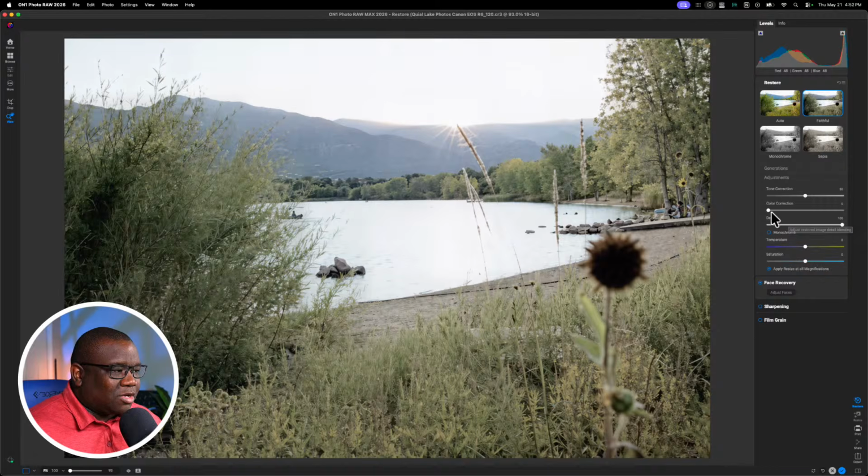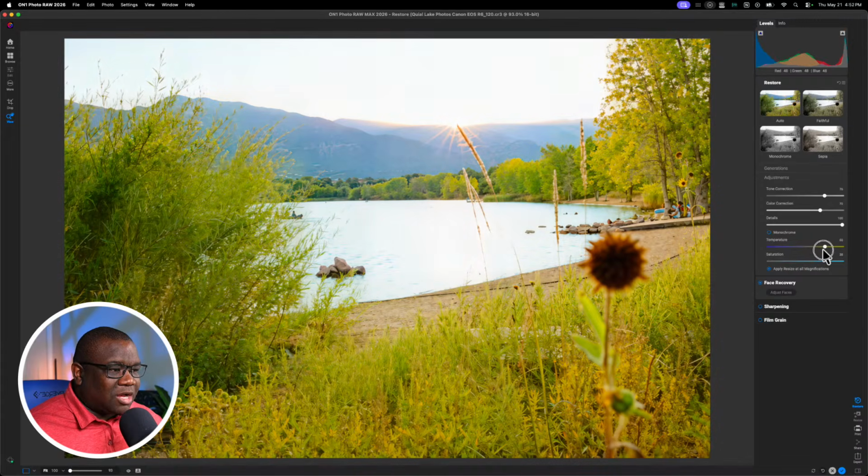The saturation doesn't quite work here. I find my blend of the color correction, especially if the colors were messed up in the initial image, which we're going to take a look at here in a second, or at least an example of that. Then you can fine tune this, but then maybe they're still a little dull. And so you'll come over to the saturation slider and you can just pull up on that saturation. And now you have a little bit more saturated photo, as well as if you want to correct the white balance. And this actually does a little bit of a better job than the point system because,